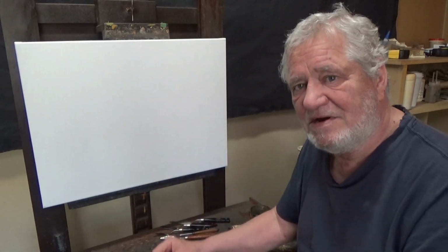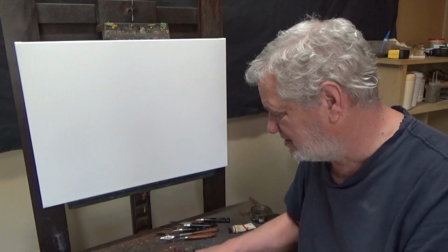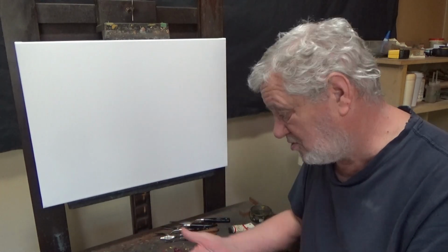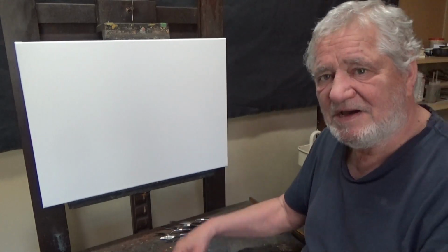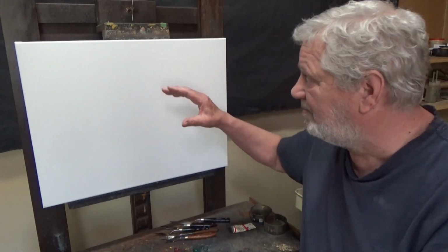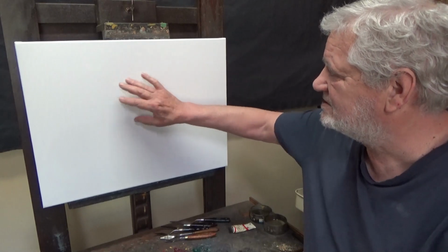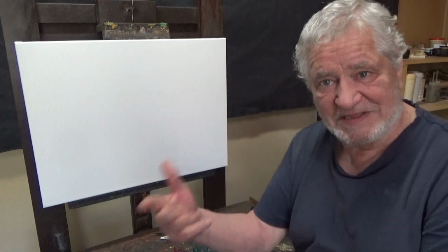I think this time around I'll do the same thing, but I'm going to zoom in much more closely to give a clearer shot of how I go about mixing the colors on the palette, as well as how I lay them on the canvas. But before we start painting, and this is one of those times that I know I'm going to use a knife for the sake of the video,